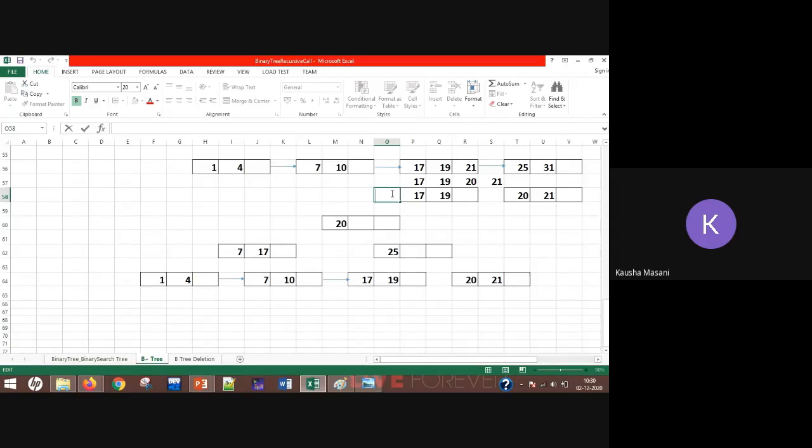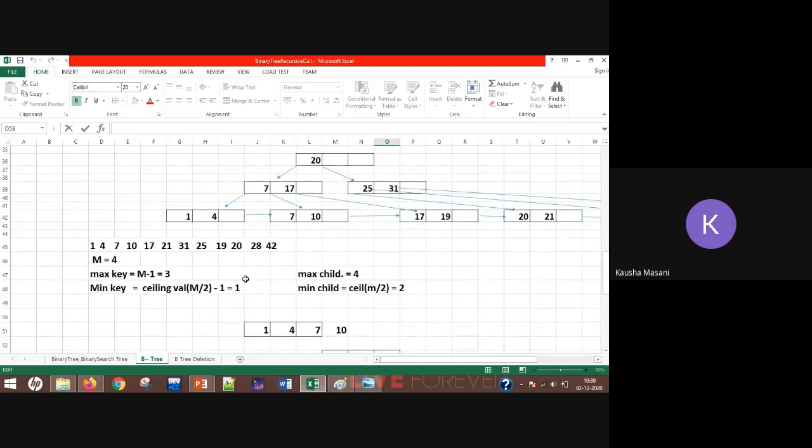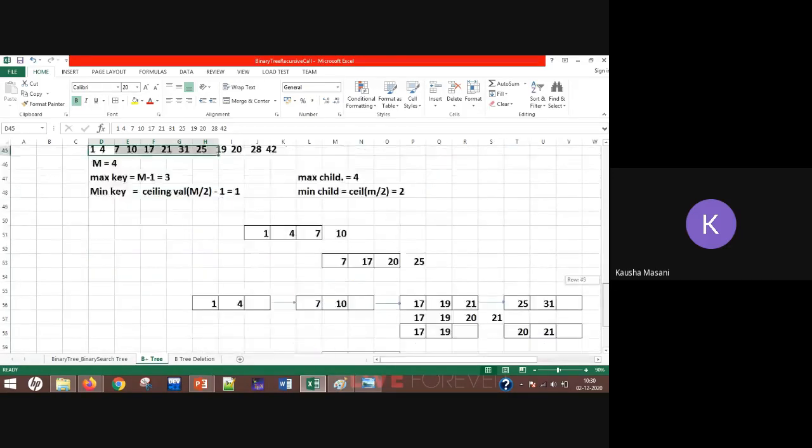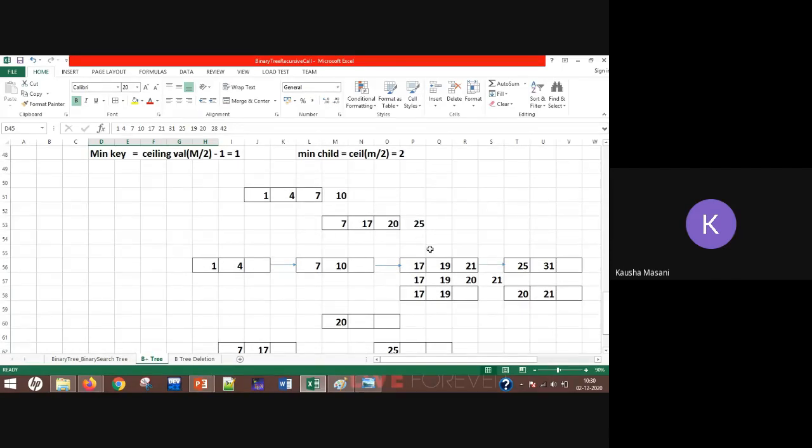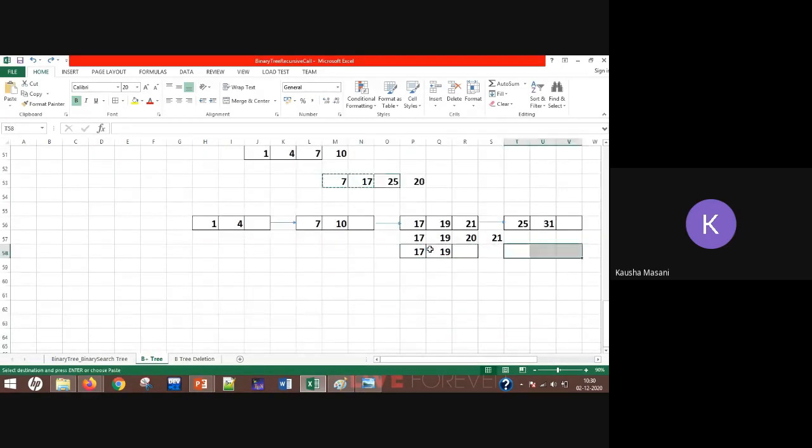Just tell me: till 25, is it clear? Till this split, is it clear for everyone? Okay.